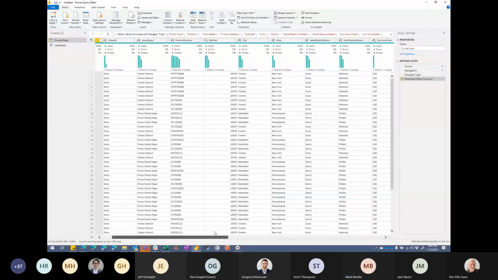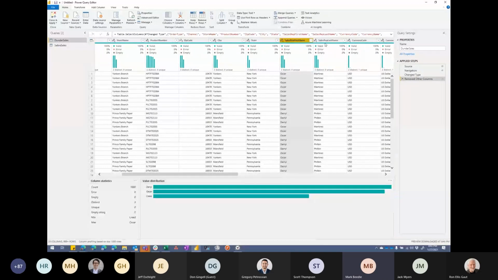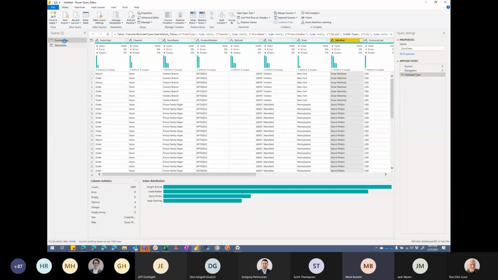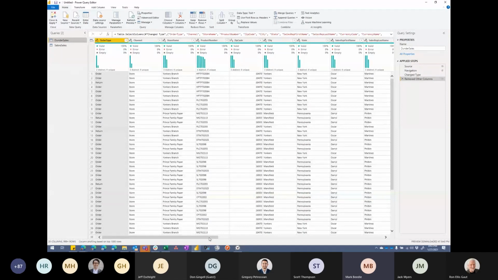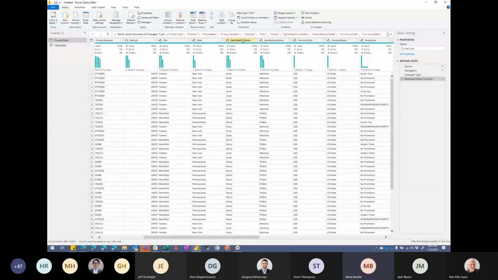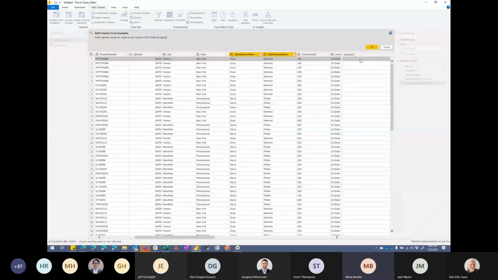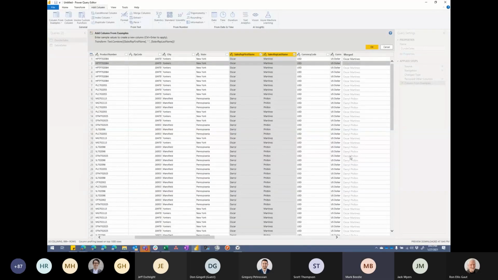I know one thing: Dunder Mifflin stores my sales reps as first name and last name. Sabre said they were giving it to me in a combined column. So I'm going to use my favorite button in Power Query, column from example. I'm going to highlight my first and last name, and use column from example. Oscar Martinez. All right, it picked up all of my different sales reps. Perfect. We'll call this sales rep.